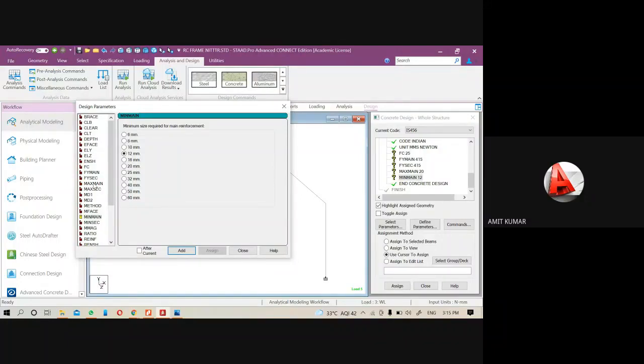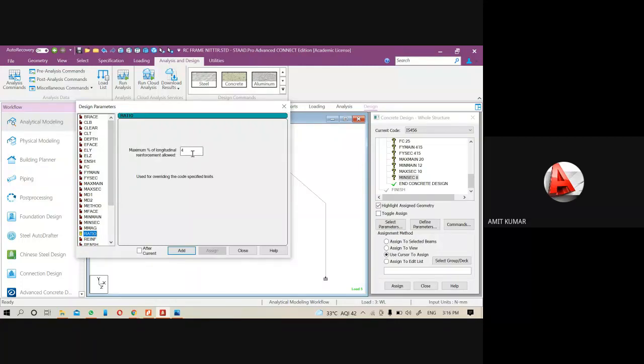The same thing happens for the max secondary, the size for the stirrups, or we can say the shear reinforcement. For the beam it is known as shear reinforcement, and for the column it will be your tie reinforcement. Okay, so I will select max sec, the maximum size of secondary reinforcement, 10 mm, and min sec, the minimum size, which is 8 mm. Then after it is the ratio.